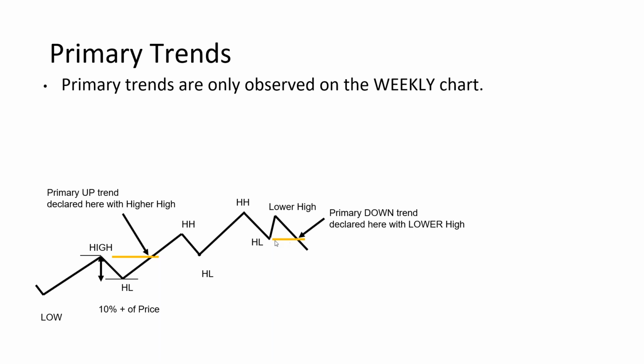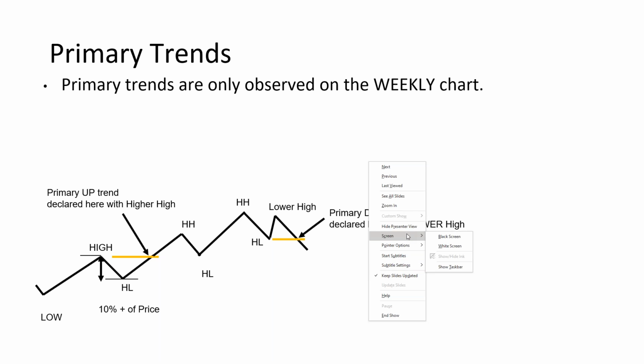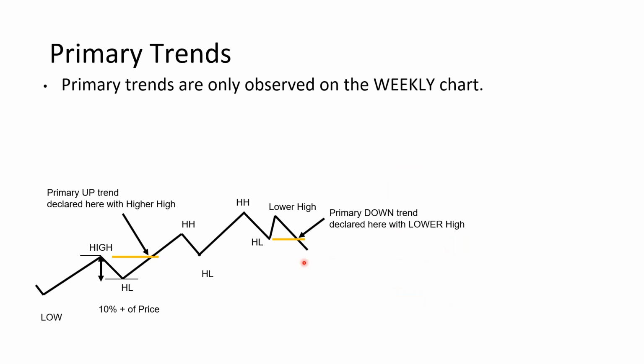And as we break the previous higher low, as we move past this area just here, as price moves down past that, you'll see that the market then is declared in a